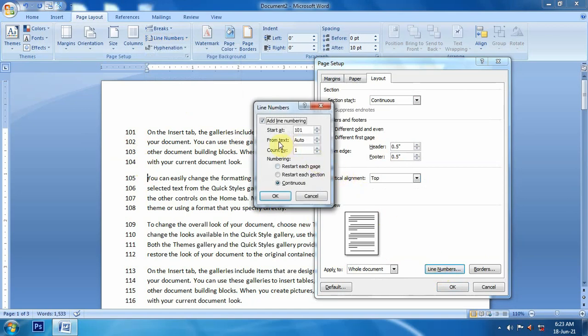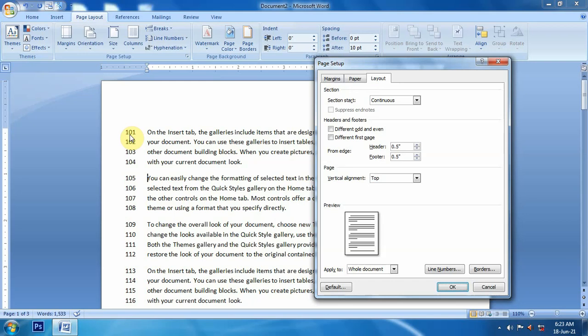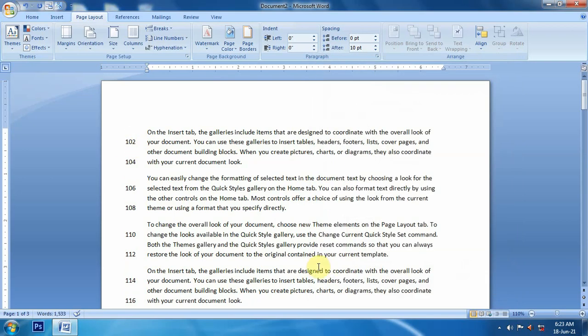Second thing, count by 1. It increases 1 by 1, but if I say count by 2, now it will increase by 2. So 101, after 101 it will be 103, then 105, 107, 109. Means the line numbering gap will be 2 lines.